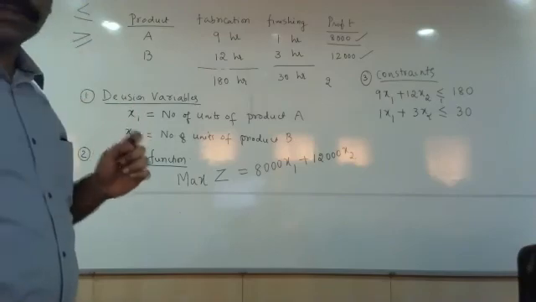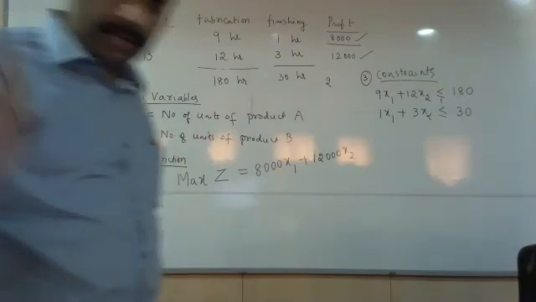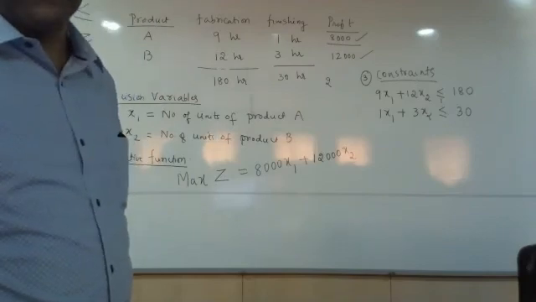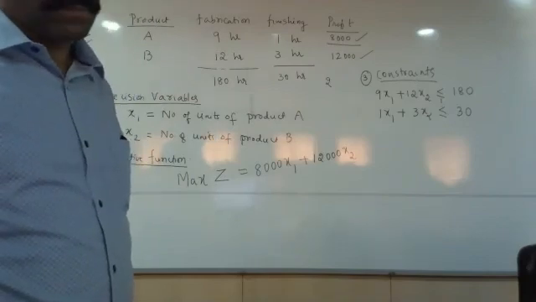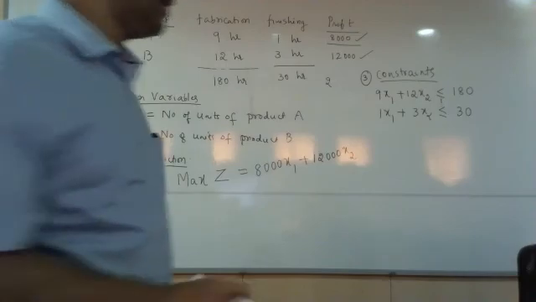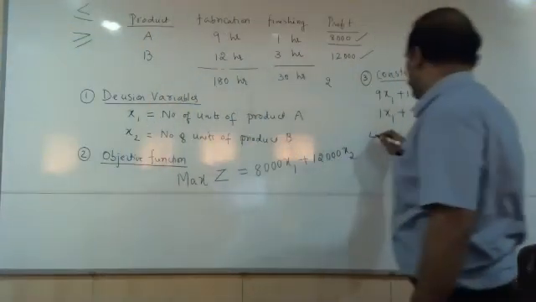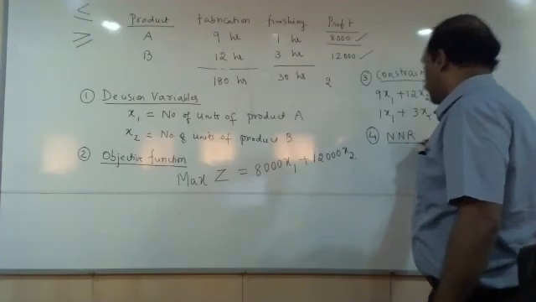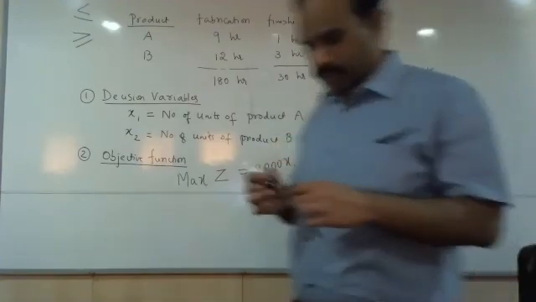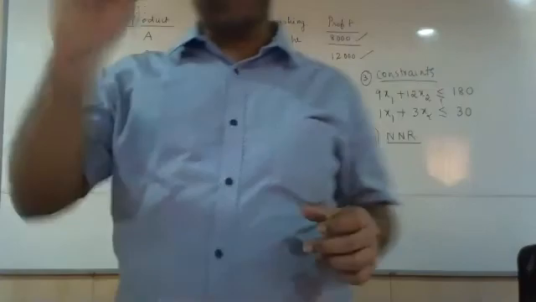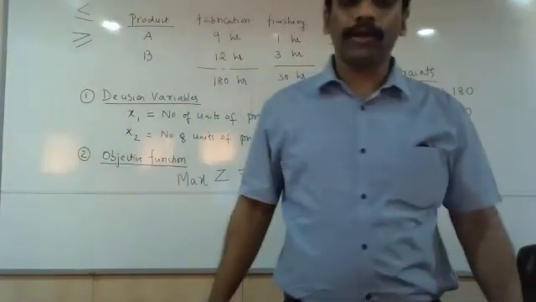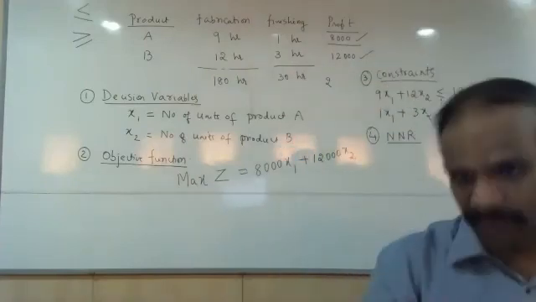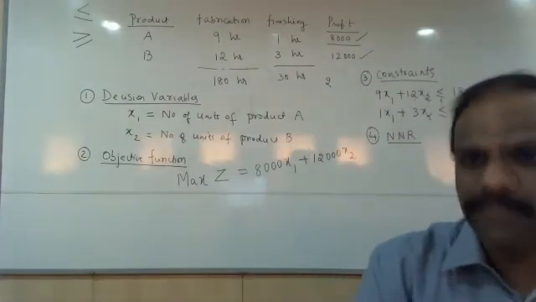So we have finished with the third step. Okay. Is everybody clear with the third step? Any doubts, any questions? Yes or no? No, sir. Now we'll come to the last step. The last step is called NNR. NNR means non-negative restrictions. It's a dummy step. It is simply written like that in all problems. What are non-negative restrictions? Very simple. Non-negative means positive. Something which is not negative is positive.